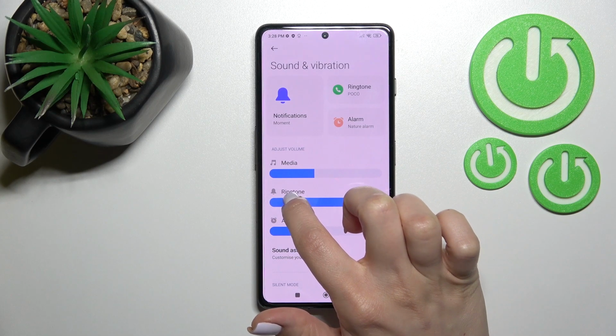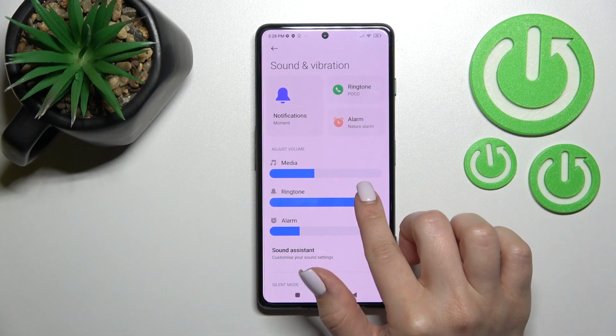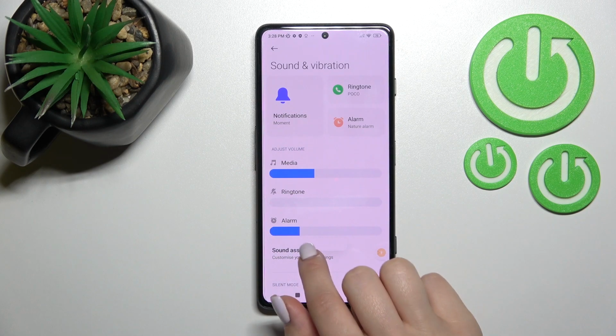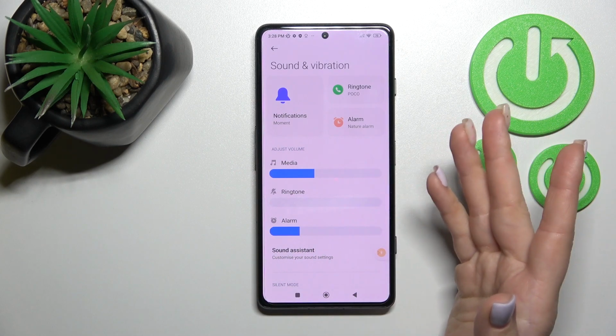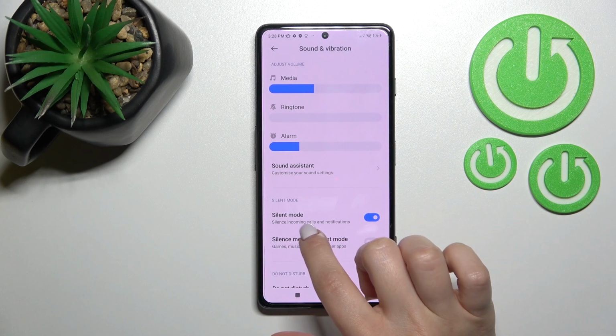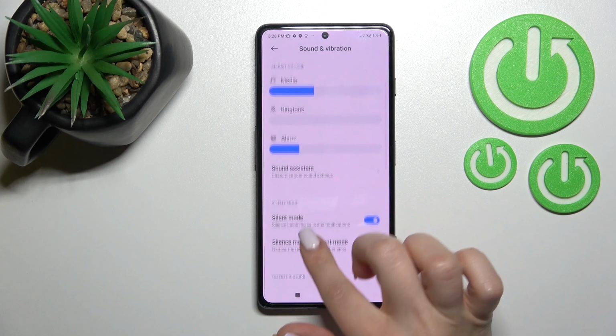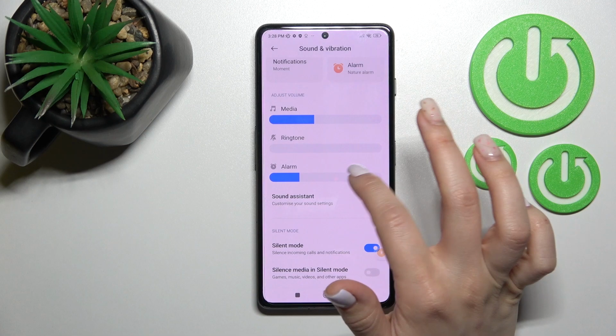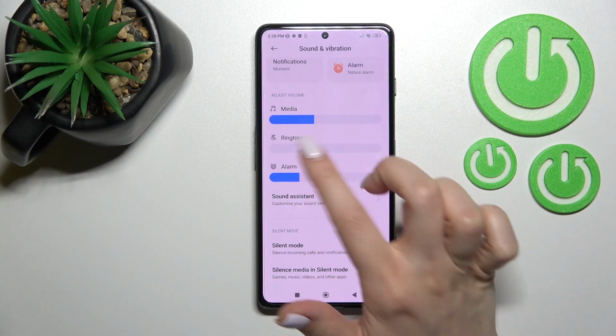This is the ringtone and notification volume panel, because as you can see, I just moved the ringtone volume panel. The silent mode is on, but silent mode means that our notifications and calls are muted. But I suggest you do this another way, because if you want to stay with the ringtones